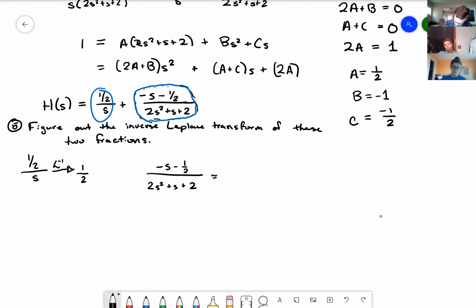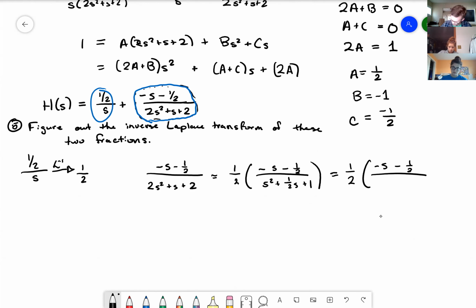What I did was just factored out a 1/2. I don't have to quite think about it as much. S squared plus 1/2 s plus 1. So now I know that this is equal to 1/2 times minus s minus 1/2 over s plus 1/4 squared,